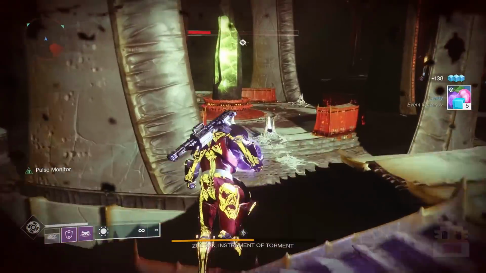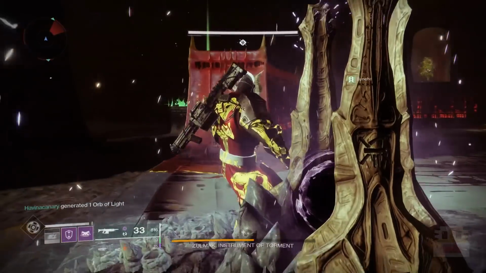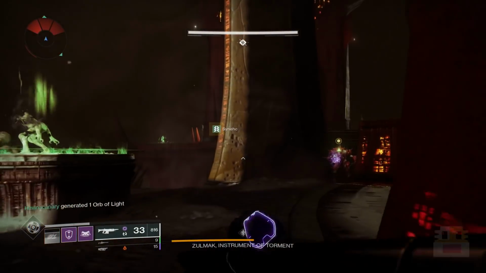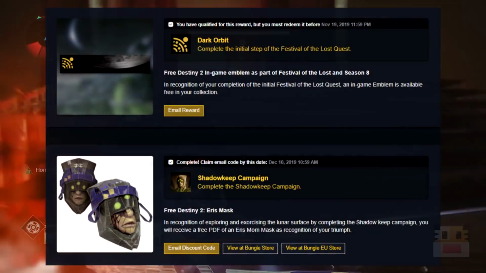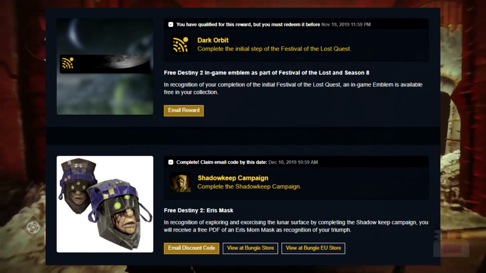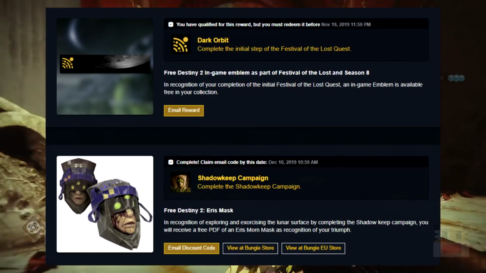And the last thing I wanted to mention was a couple of miscellaneous items, a couple of Bungie rewards. The first one being an emblem called Dark Orbit. It tasks you with finishing the first quest in the Festival of the Lost. You can see on screen now what it looks like. Once you complete it, go to the Bungie Rewards website, claim it, redeem it, email code, and it should activate on